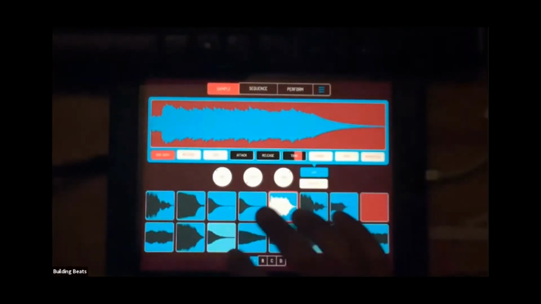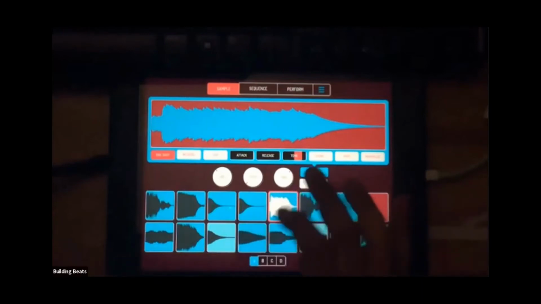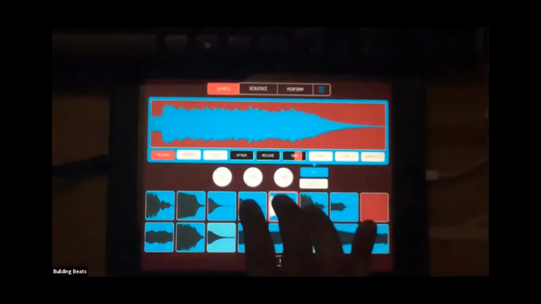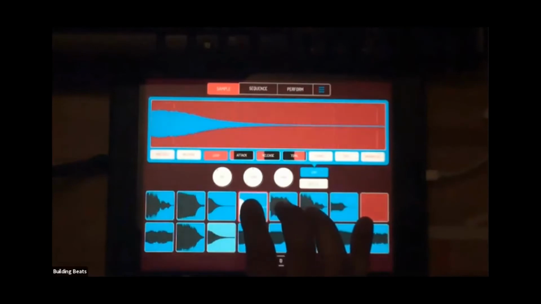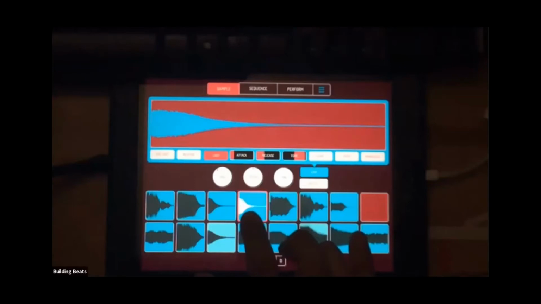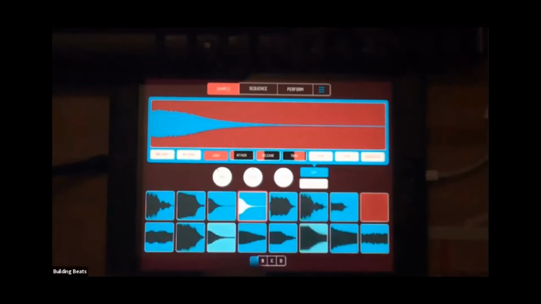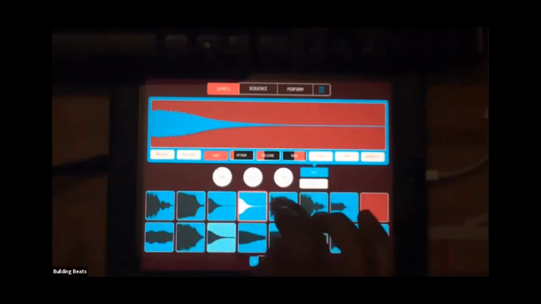So for instance, in this case, I don't have any choke groups set up on. Well, I do actually. So if you notice that once I press this, I have this set up as a loop because I kind of want to have that trappy type of hi hats. But I also have this